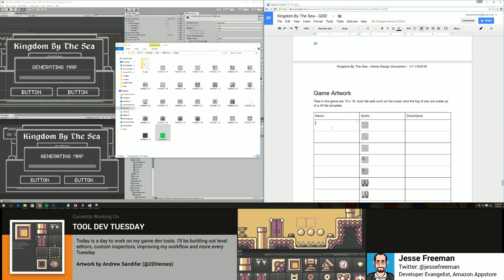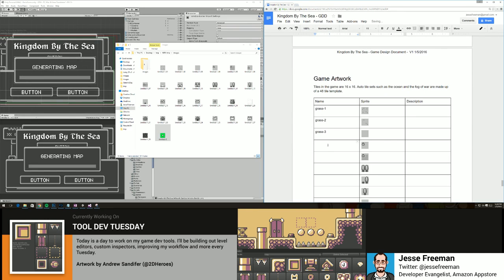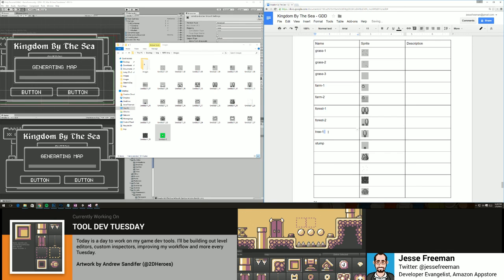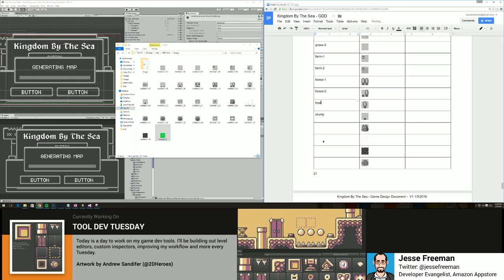All right, so this is grass 1, grass 2, grass 3, farm 1, farm 2, forest 1, forest 2, tree 1, stump, mountain, desert, marsh,